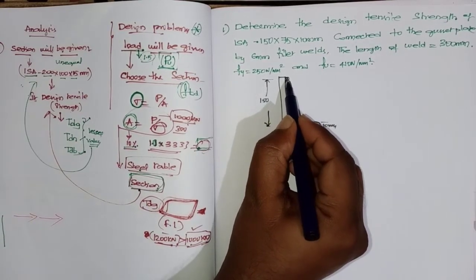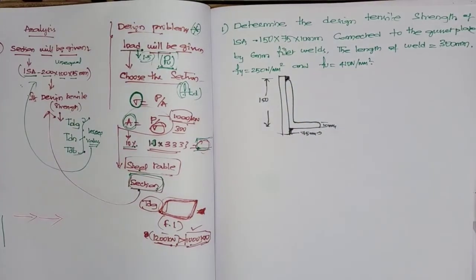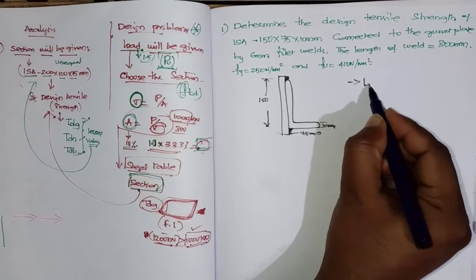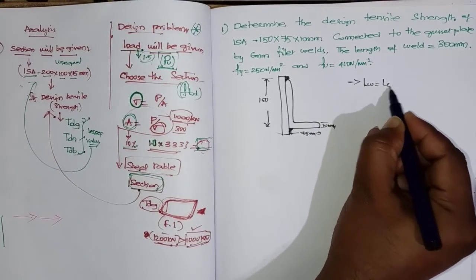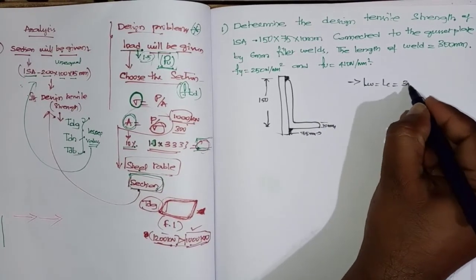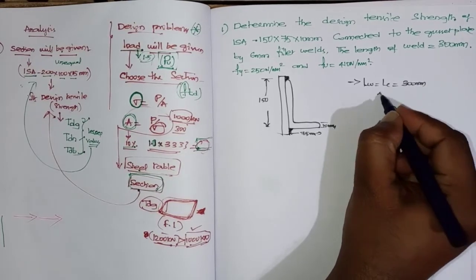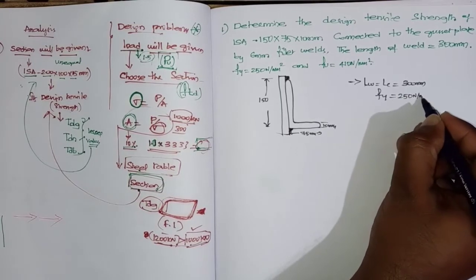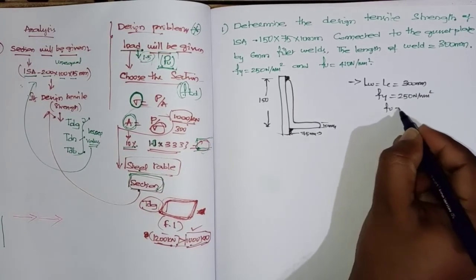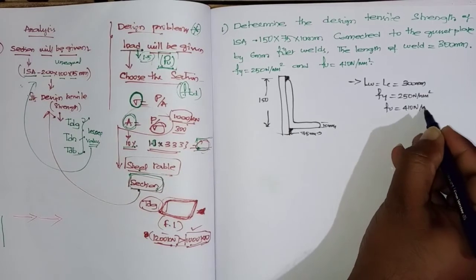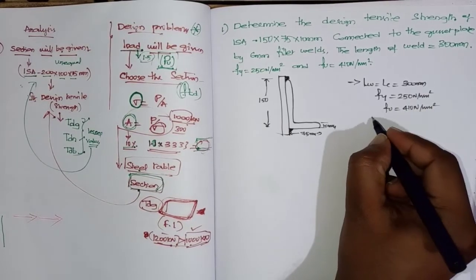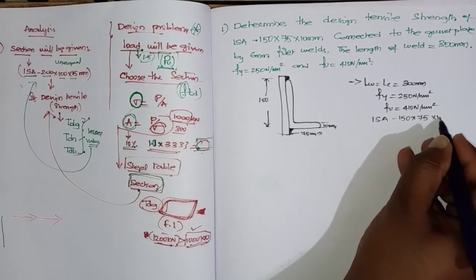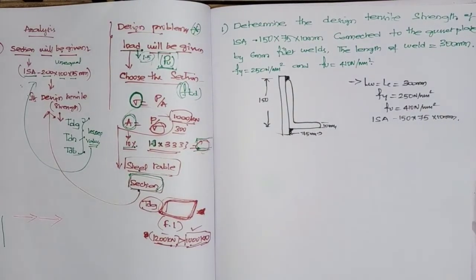It is welded here. This is the question, and I will write the length of weld, LWR LC, the connection length, 300 mm. Fy is 250 Newton per mm square, Fu is 410 Newton per mm square, and the angle section is ISA 150 by 75 by 10 mm. Okay, so